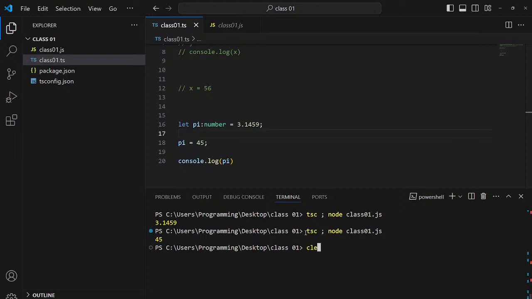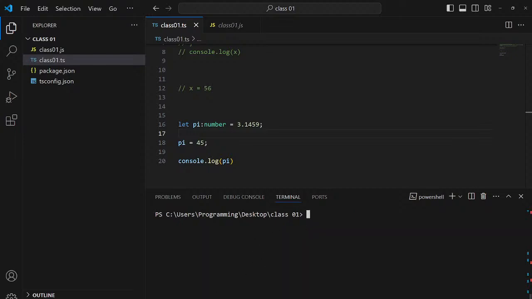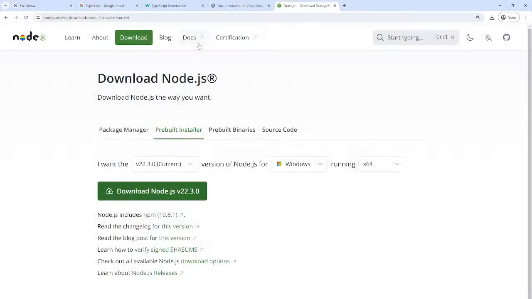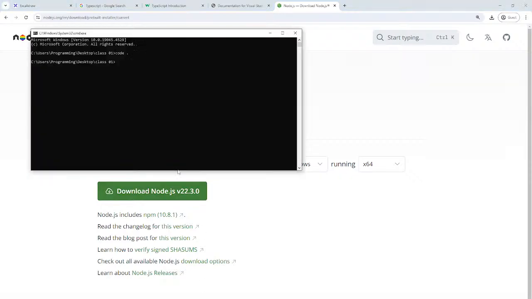So I think that's pretty much it. Node.js installation was pretty basic. You can confirm the installation here in the command prompt by typing node hyphen hyphen version, and npm hyphen hyphen version and tsc minus minus version.